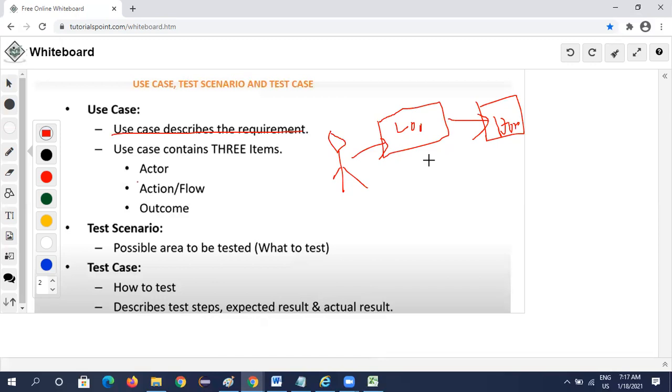Pictorial means it's graphical, or like a flowchart; it may be in a flowchart method or a graphical method, in image mode, anything. A use case is used to identify and clarify the organizational system requirements. To identify and clarify the organizational system requirements, we go through use cases. It is made up of a set of possible sequences of interaction between the system and the user. Let's not make it more complicated.